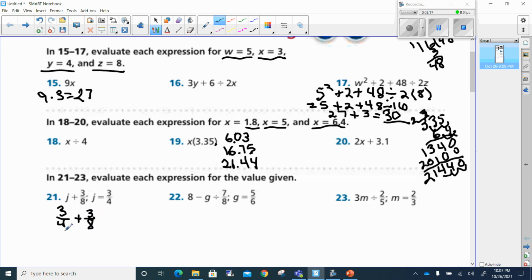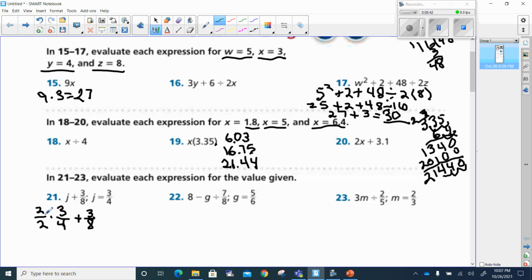How to do this? I have to get a common denominator. So I'm going to multiply this by 2 over 2. Remember, 1 can be written in an infinite amount of ways. Any number over itself equals 1. And I'm allowed to multiply 1 to any number, and it equals itself. So I'm multiplying 3 over 4 by 1 in the form of 2 over 2, because 2 divided by 2